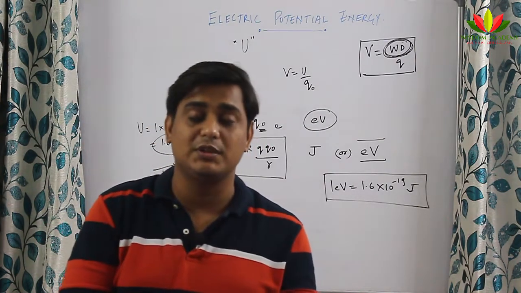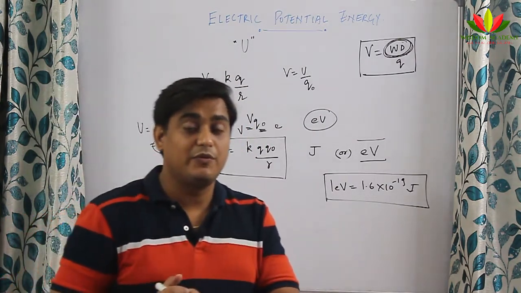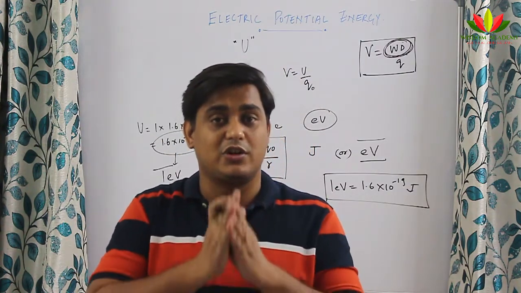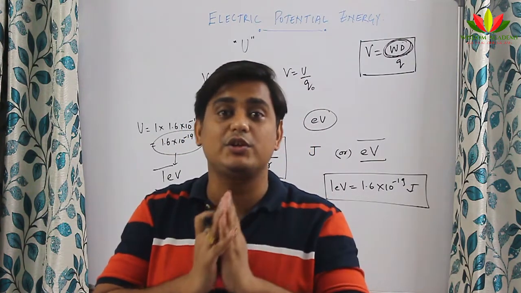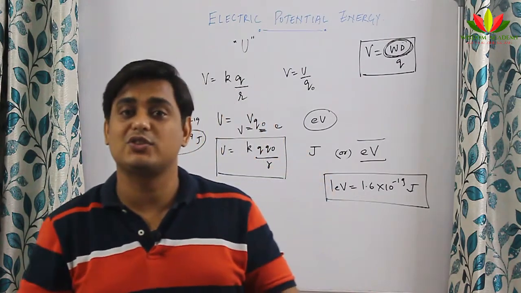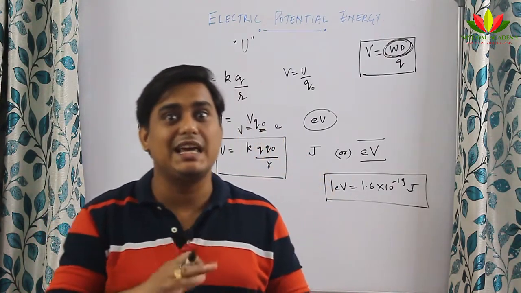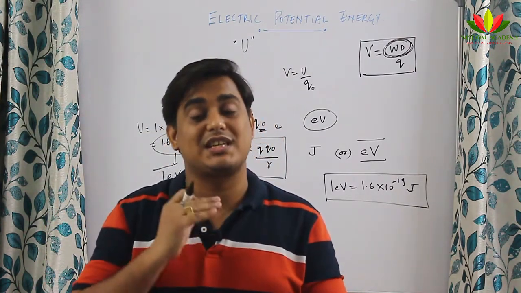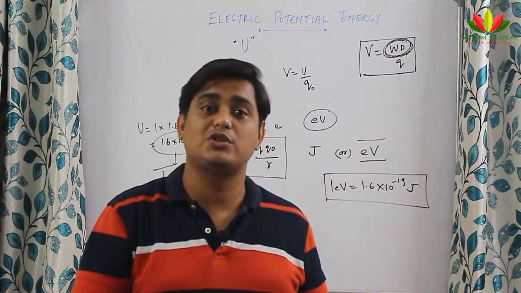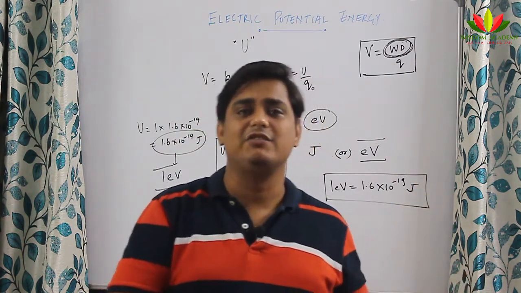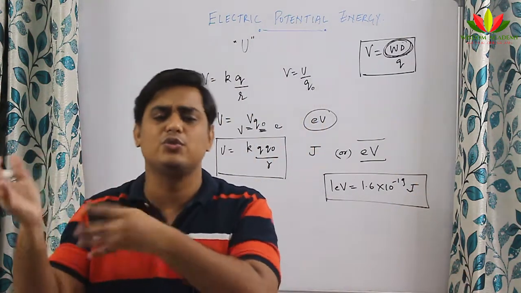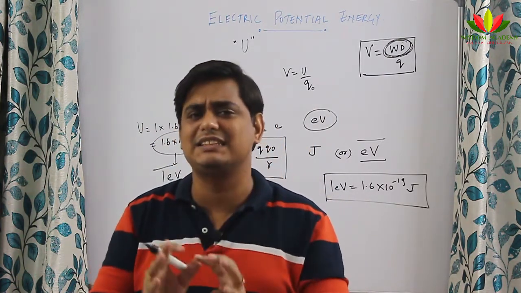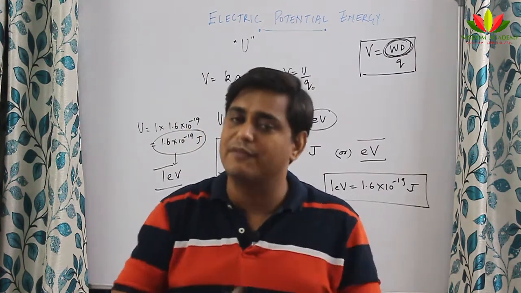You should not get confused, because we have learned 3-4 quantities now. First we saw electric force, so electrostatic force F is equal to K Q1 Q2 by R square. Then we saw electric field, which was K Q by R square, and then electric potential, which was K Q by R, and now electric potential energy, which is K Q Q naught or K Q1 Q2 by R, right. So there are 4 different quantities. Don't confuse any of these things. They are very similar to each other, but they are different from each other.